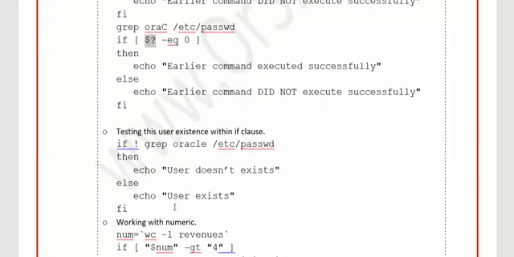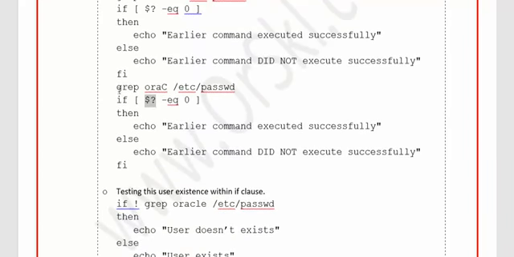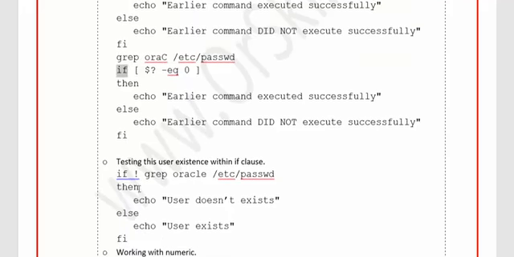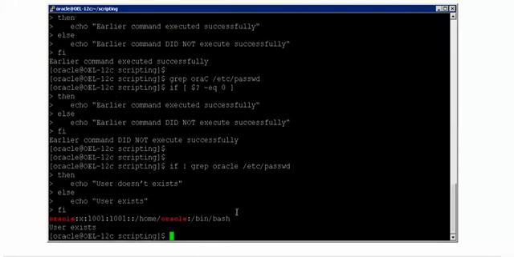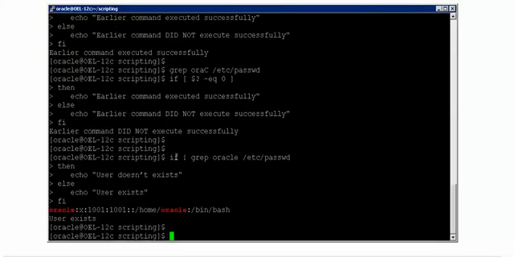Alright? Now, the same thing, in case you don't want this command to be separate and you want to include it right away in the if clause, you can also do that here. See, this is how you can do it. Just say if followed by not equals to. See here, if not equals to grep, then echo user does not exist. But as the user exists, because I used the exclamation mark, that means it's a reverse of it.